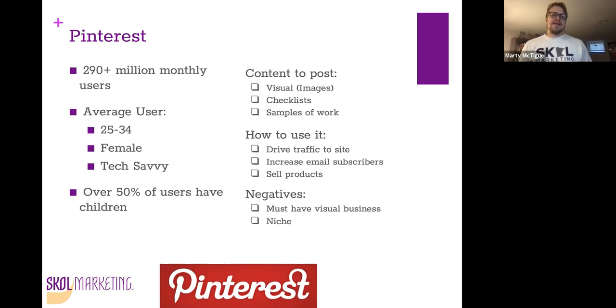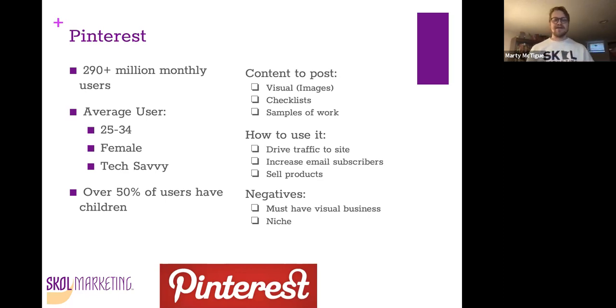When you're posting, you'll always have to have a link, so you're going to drive traffic to your website on that. You can definitely expand your email subscribers this way. People want to follow you because you create good content. And obviously by posting a product or something like that and having a link to that specific product can be a great way for new users to find your products and buy them online. Great for e-commerce specific.